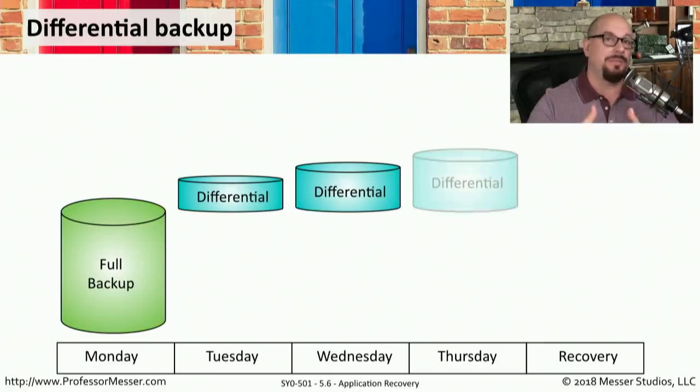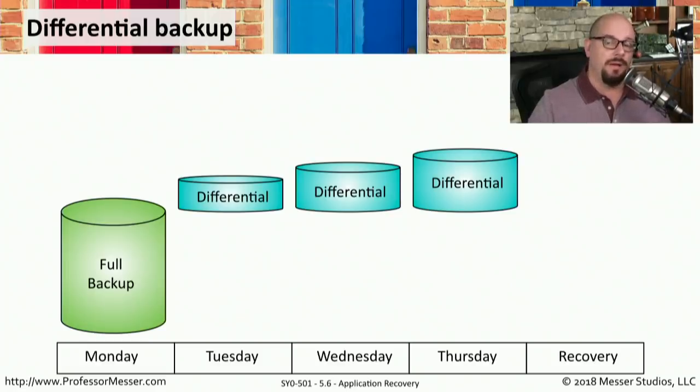I'm backing up Tuesday and Wednesday. So on Thursday, we do the same thing. We back up Tuesday, Wednesday, and Thursday. So now Thursday is a little bit bigger than Wednesday, and Wednesday was a little bit bigger than Tuesday. And again, we're repeating ourselves. We're backing up the same data that we backed up on Tuesday, the same data we backed up on Wednesday, and we're backing it up all the way through Thursday, which is everything on Thursday that was different from our